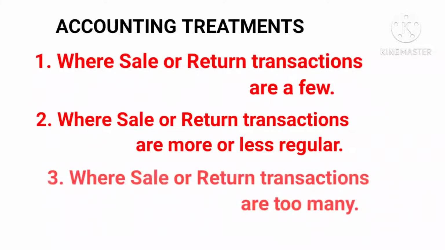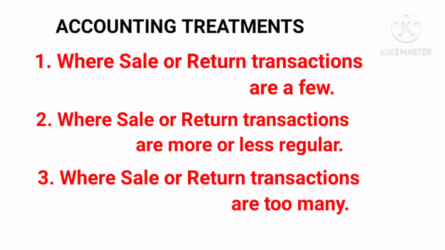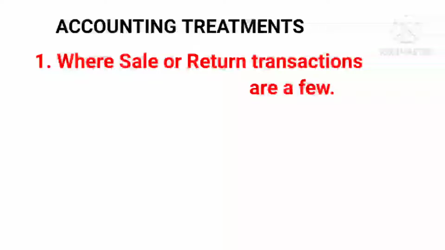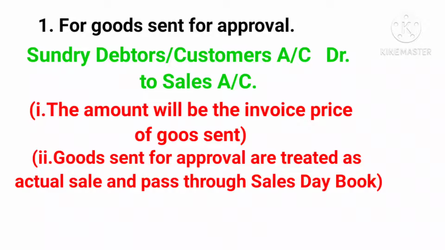Number 3, where sale or return transactions are too many. Now we see what type of entries are made by the seller in case of a few transactions. Number 1, when the seller sends goods for approval, then the seller records the entry as sundry debtors or customer account debit to sales account,